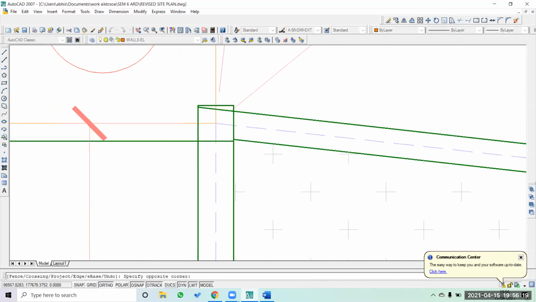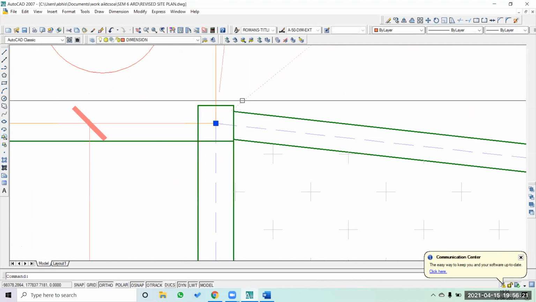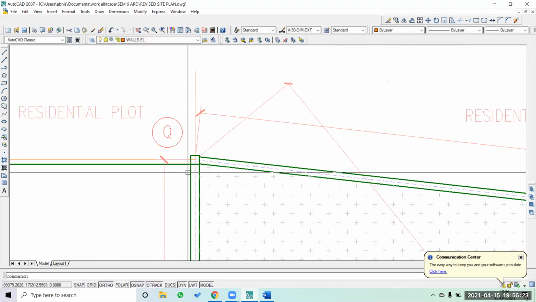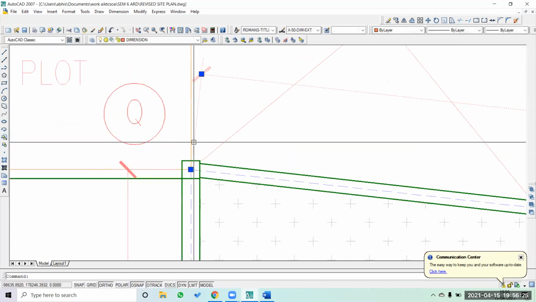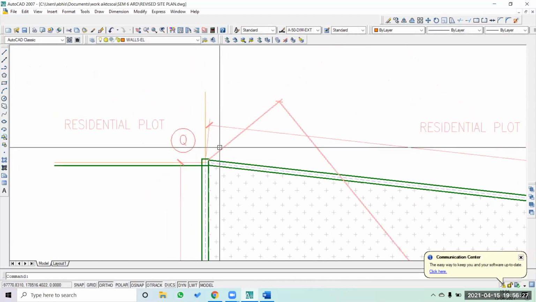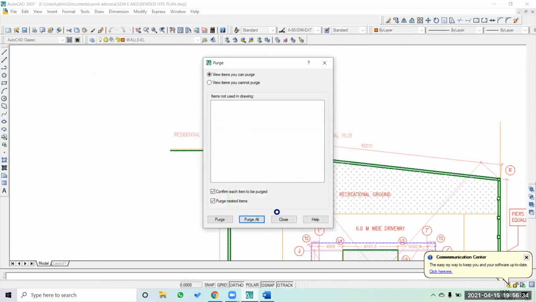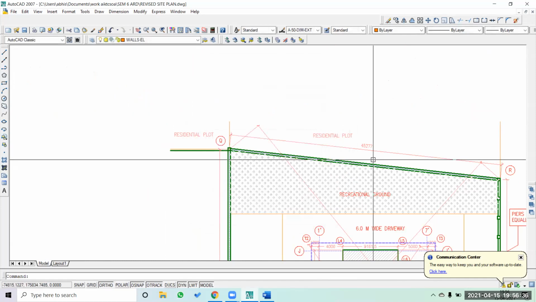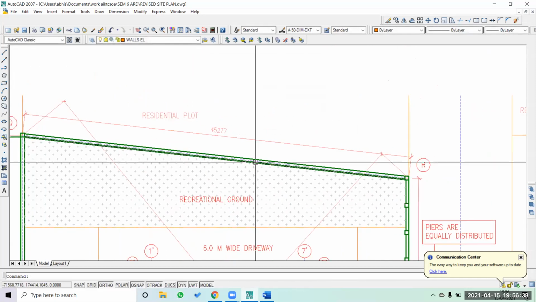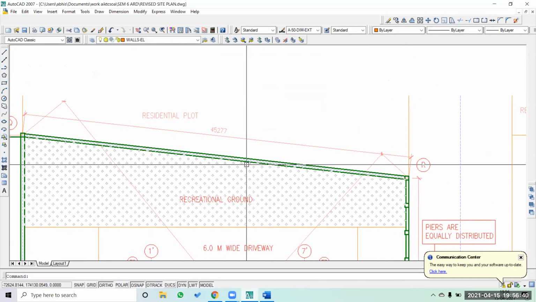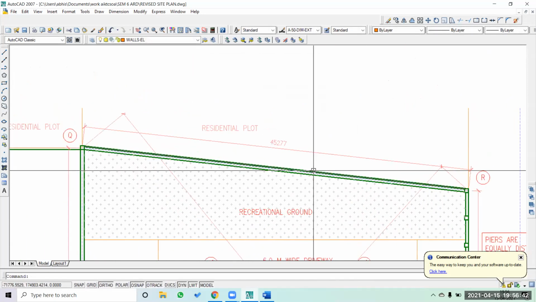While trimming the line, just make sure that the dimension ticks are not moved, because these dimension lines are projected from the line only. They tend to move once you trim that same line, so make sure that doesn't happen.